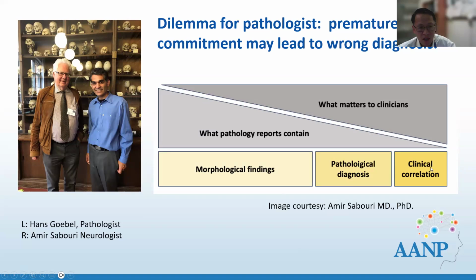And then you can write a comment paragraph which talks about clinical correlation. This is where you give your impression. You think about what the possible etiology is, but you don't give 100% certainty as you give for the pathologic diagnosis. What matters to us the most as pathologists is that we want to ensure these to be correct. And what matters most to the clinicians are actually the clinical correlation parts. That's what we truly think about.